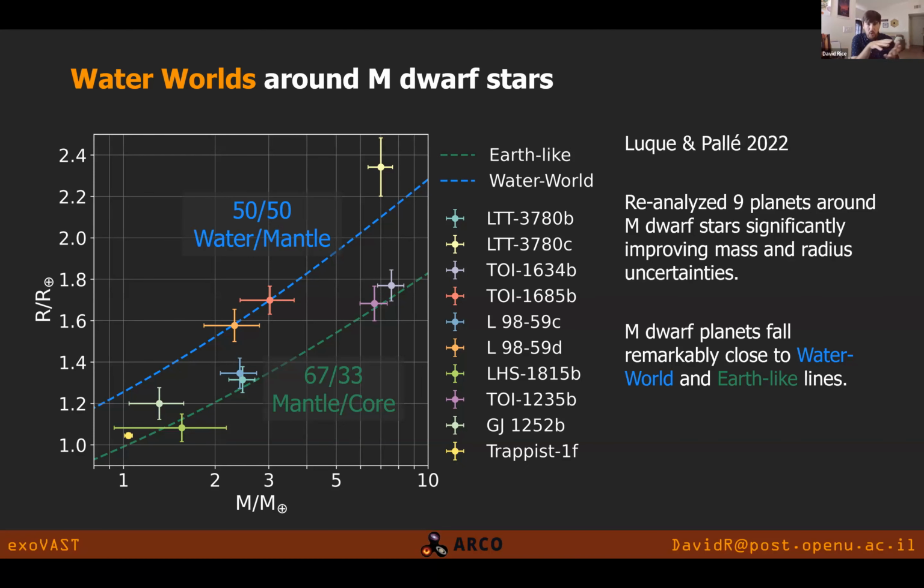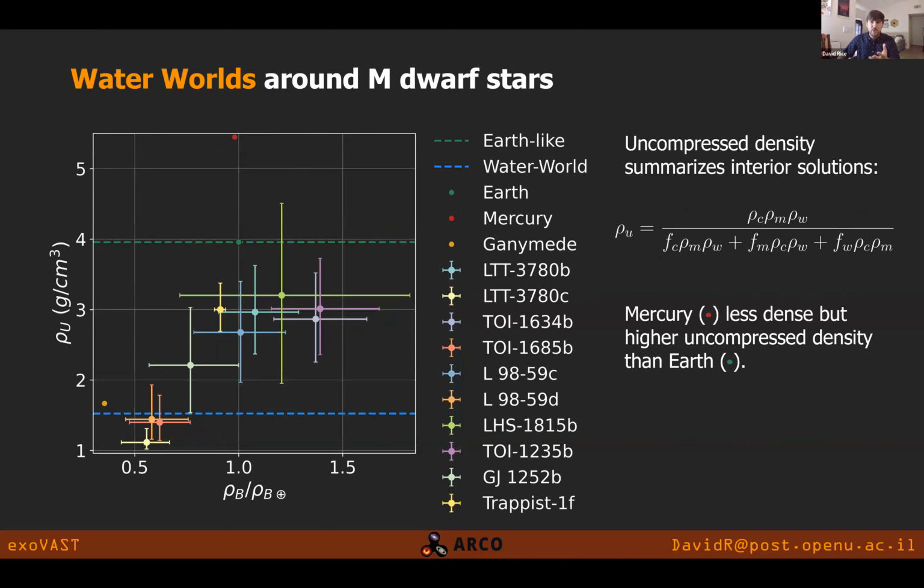TRAPPIST-1F, solve for all the possible 3-layer interior structures for these planets. And then we can summarize those 3-layer interior structures into an uncompressed density. So taking all of those simulated planets that match the mass and radii of these planets and then uncompressing them. So take however much material there is at room temperature and room pressure, what would the density of the planets be? So this is an interesting graph to think about that I probably don't have time to talk about completely